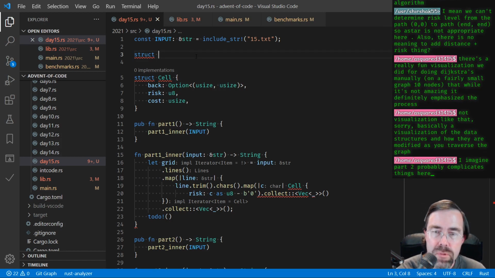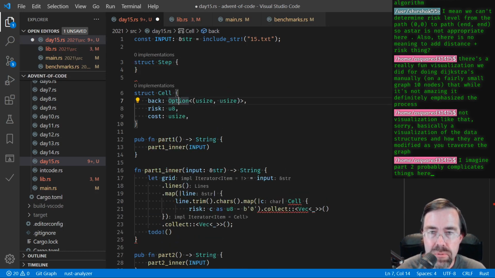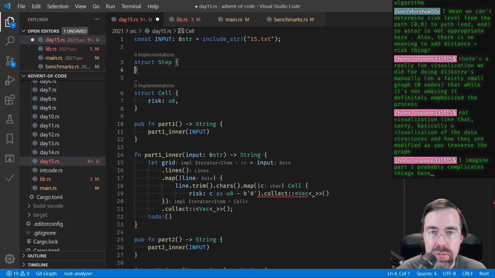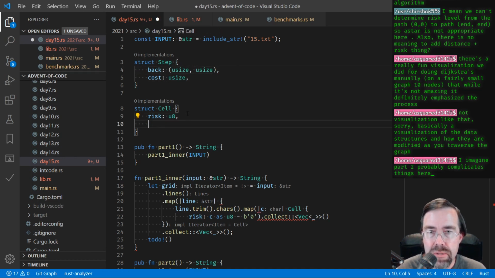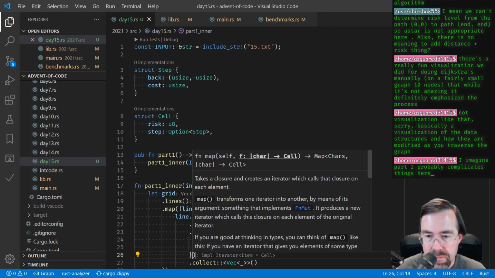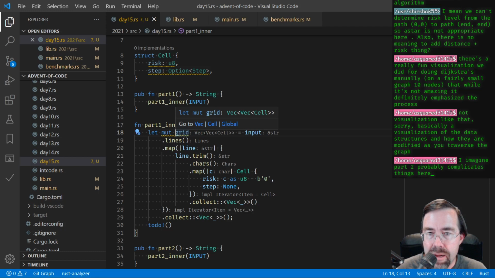I just don't know what to call this thing. Like a step? Yeah, if we stepped on a cell. So that's going to grab these so far. Cost so far, I guess. Or risk so far. Total risk. I'll just call it cost. And remove that. This becomes step, option, step. All right, and then down here I can say step is none. So we'll make this mutable, and then